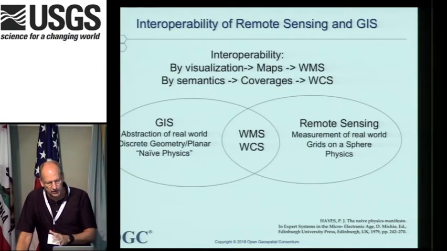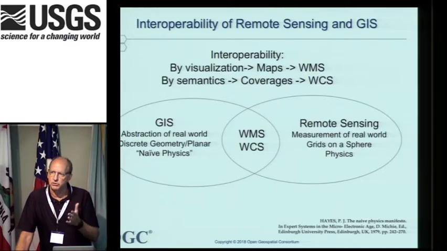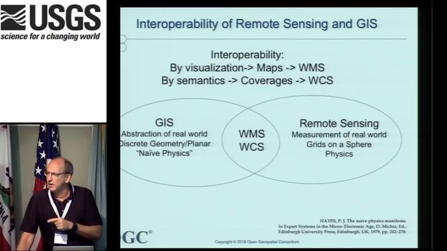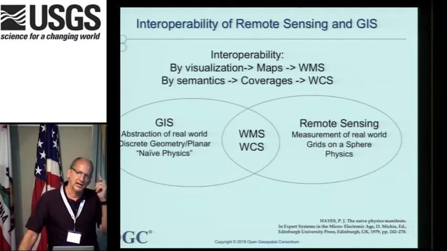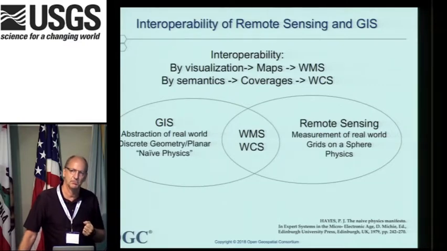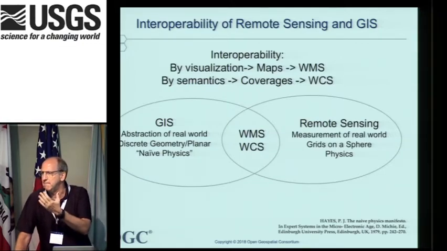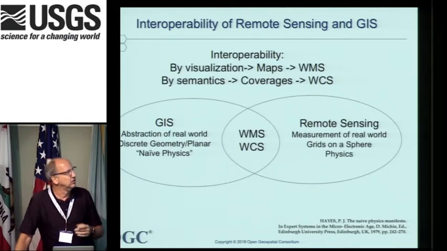To give a perspective on that, I've got to talk about interoperability of remote sensing and GIS, because we're a bunch of remote sensing folks in the room. We've hit a little bit on GIS. Will Cadell gave a great talk about embedding stuff. The lady from Climate Corp, with the Cropscape, not Cropscape, that product, showed how for the farmer you've got to put it in the pad of the farmer along with a bunch of other data. Most of that data is GIS data. And so how do we achieve interoperability between remote sensing and GIS data?